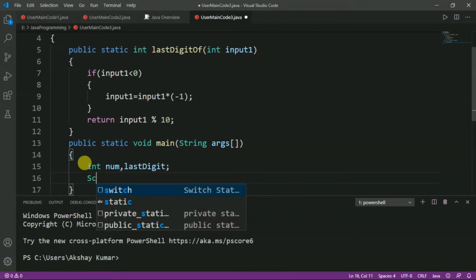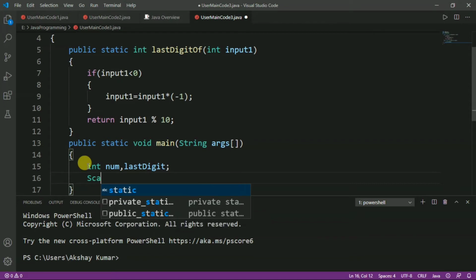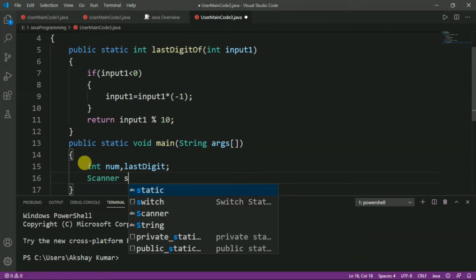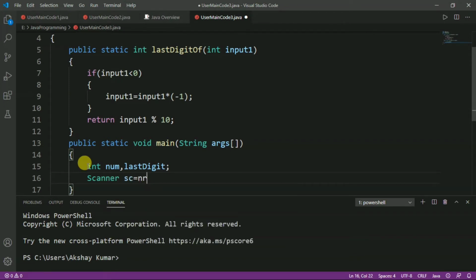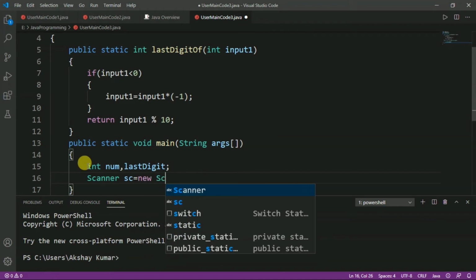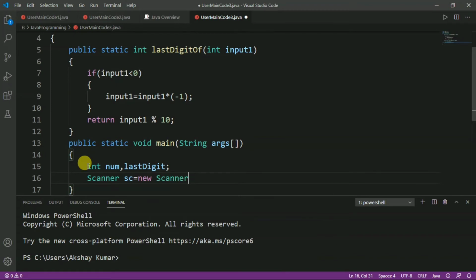Now, we will define the scanner class, Scanner sc equal to new Scanner, and here we have to write System.in, which will represent the keyboard.